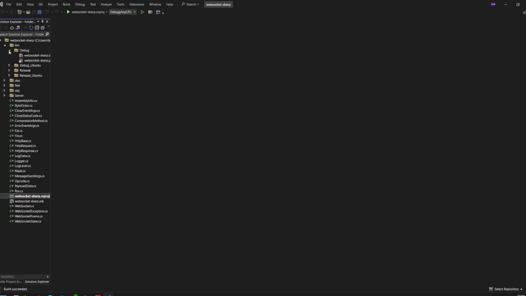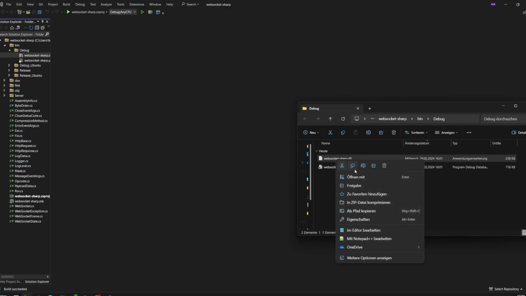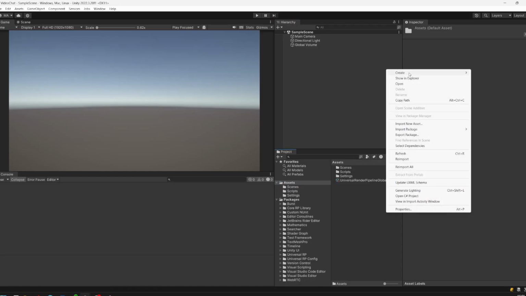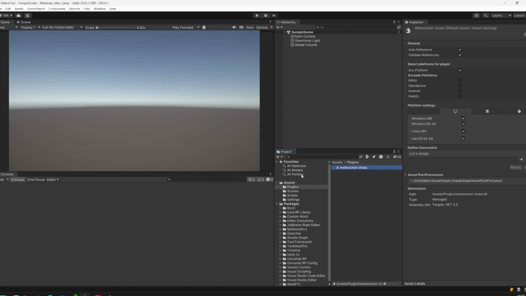Binary, debug, and there is our library. Just open the folder in the Explorer, copy the DLL, and paste it in our plugins folder. Here we are. And now we're basically finished with all the setup,